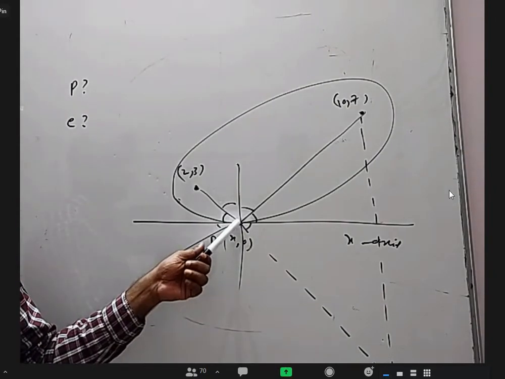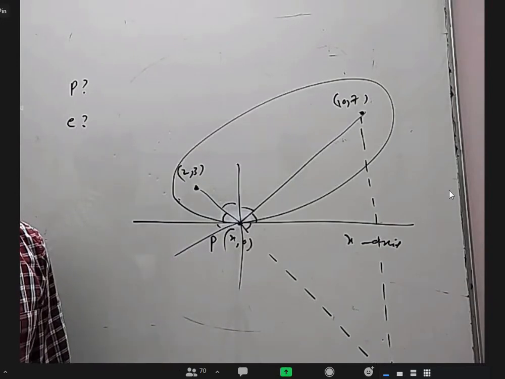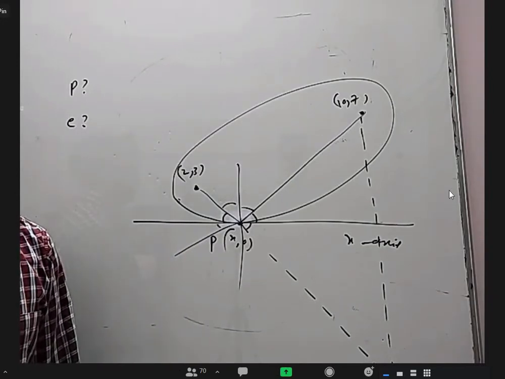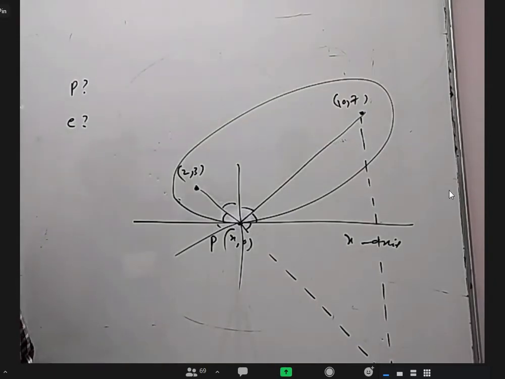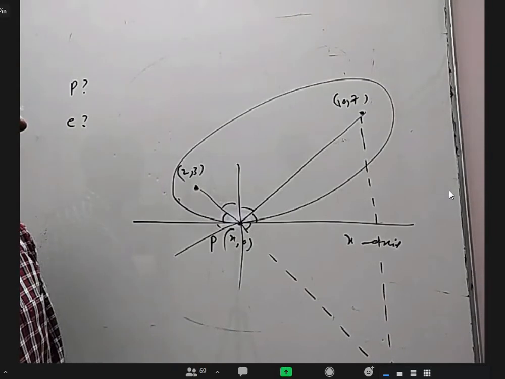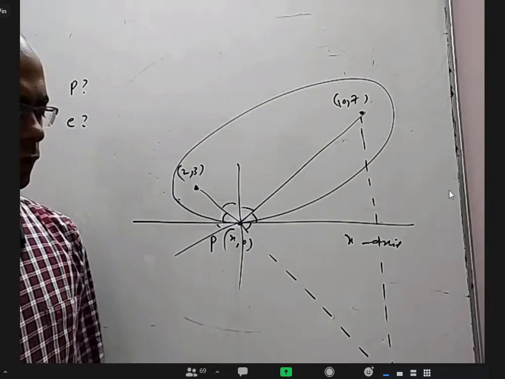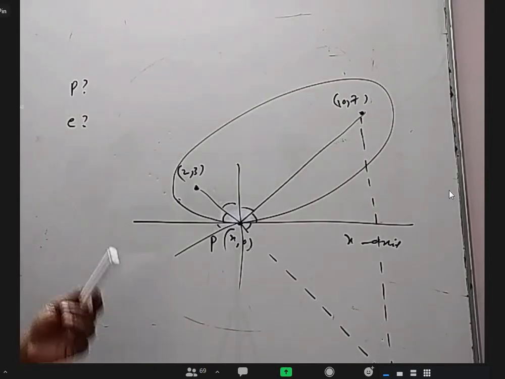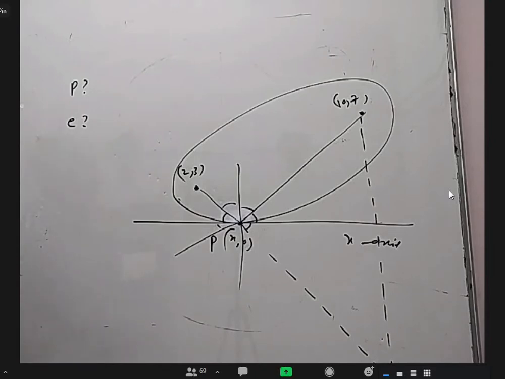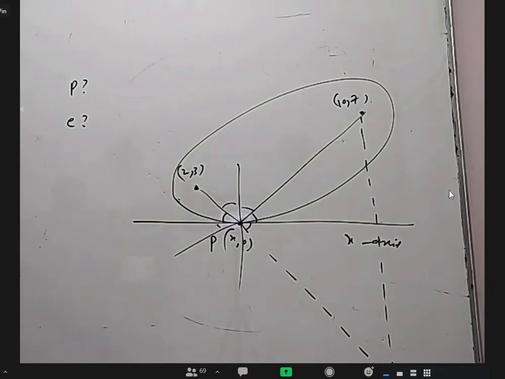And how to find this point? Sir, the image of the focus, the other focus and the point P are collinear. We will equate the slopes. Yeah, you can use the collinearity condition, get it. Okay. Apart from this, does anybody want to tell another method to find the eccentricity or this point of contact? The image method is good. Any other method, anybody?